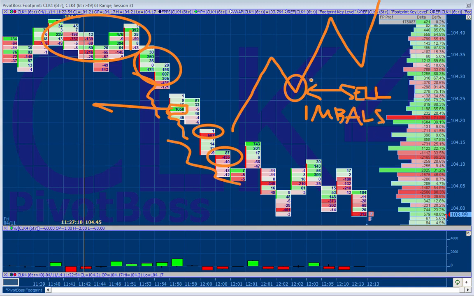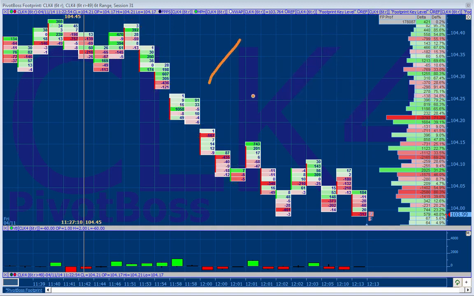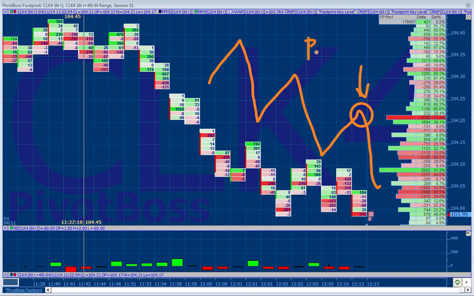Because those are trap sellers that eventually become the buyers that lift price higher. In a downtrend, you want to see what on the pullbacks? These need to be buy imbalances. Those are the best form of confirmation at these pullbacks. These buy imbalances right here tell you buyers are eager. They're coming in. 1,000 contracts right here to buy on these two prices, basically. That's a buy imbalance, and yet price goes lower.